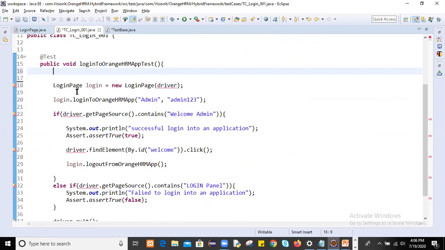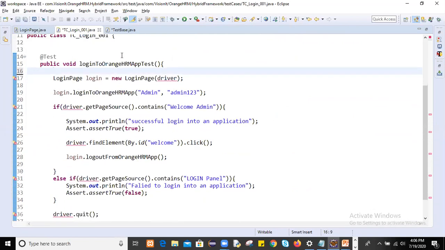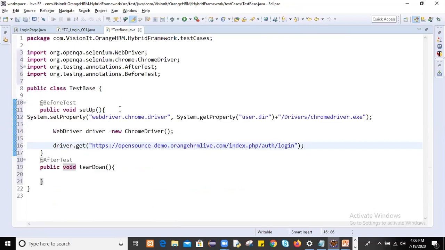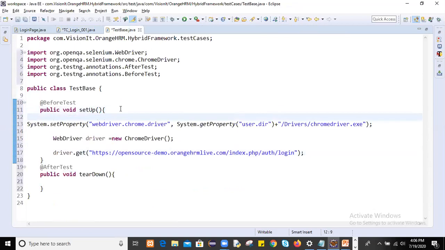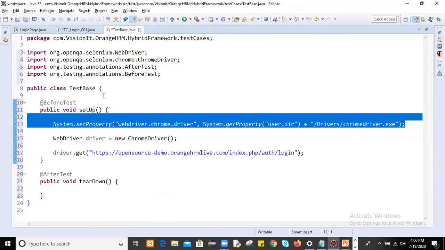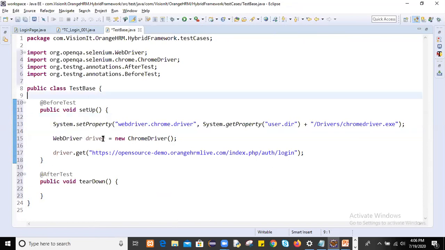As of now, we are executing our test case from here. Which browser are we using? We are using the browser which is Chrome. So it will navigate here, and then what I will do is create this WebDriver at class level so that I am able to use it.